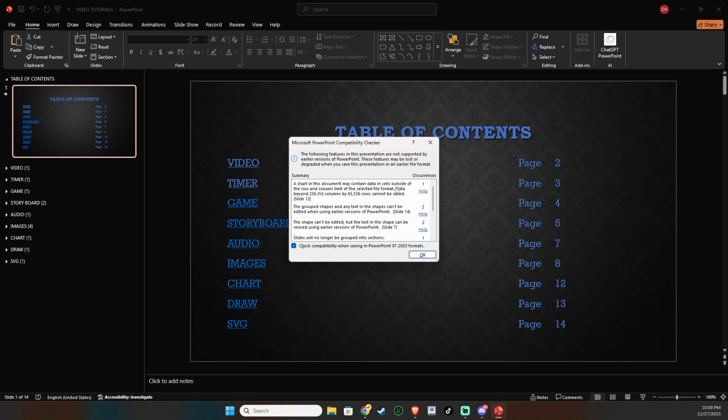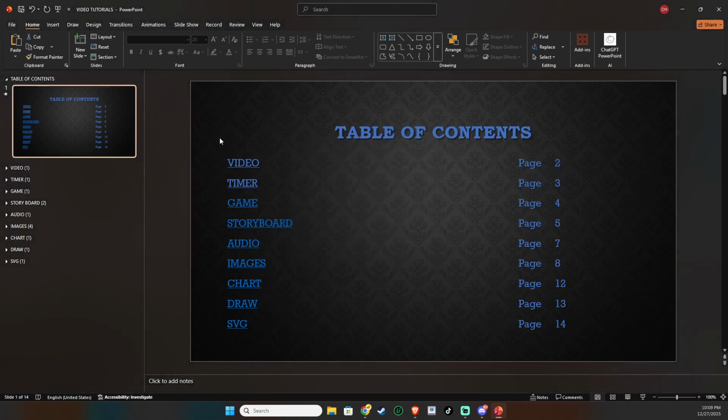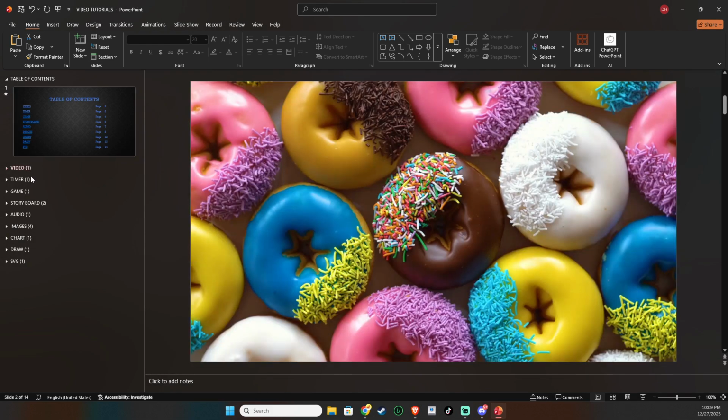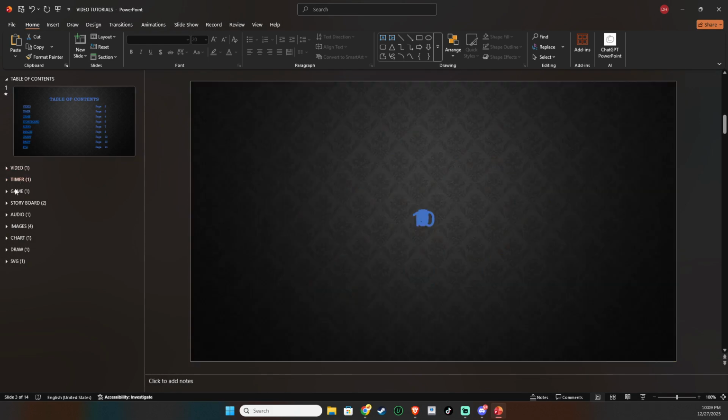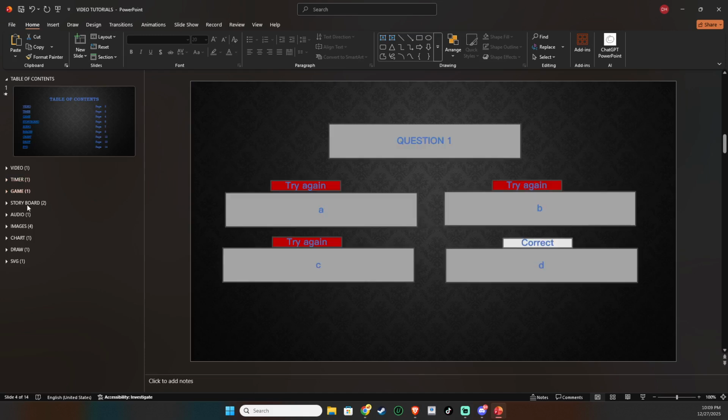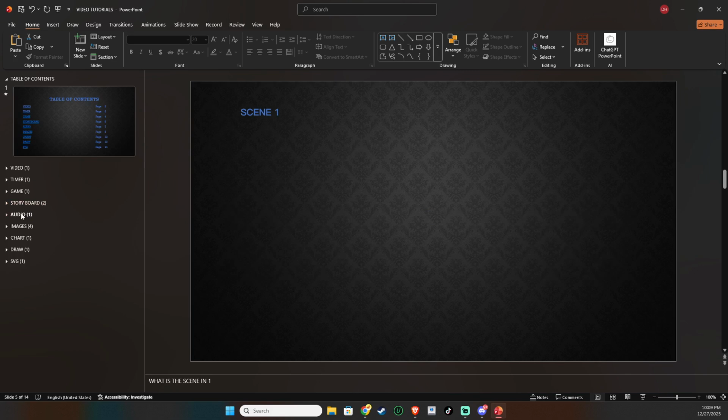Next, decide what to keep and what to replace, so your slides still communicate clearly. For SmartArt, a reliable workaround is to convert it to shapes. You can usually right-click the SmartArt and choose Convert to Shapes, which preserves the look while making it compatible. For 3D models, replace them with static images. Take a snapshot or copy and paste the model as a picture so it looks the same even in older